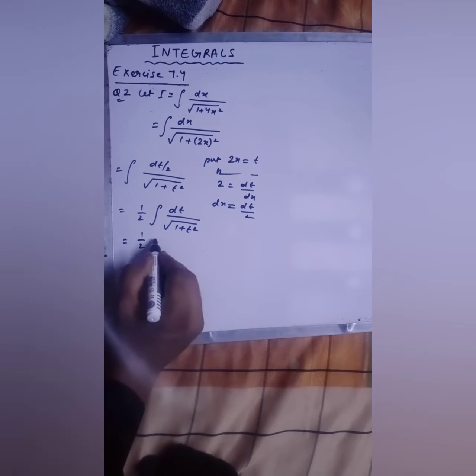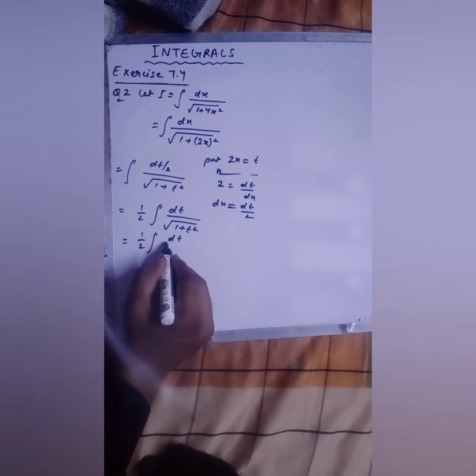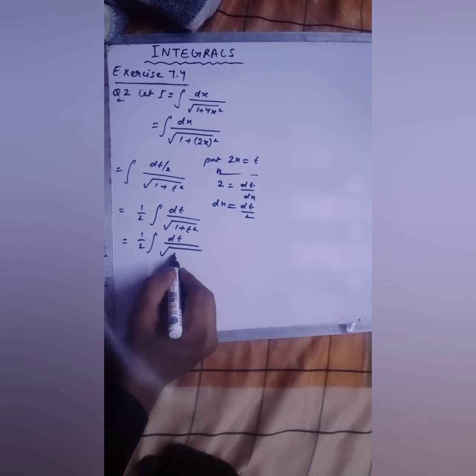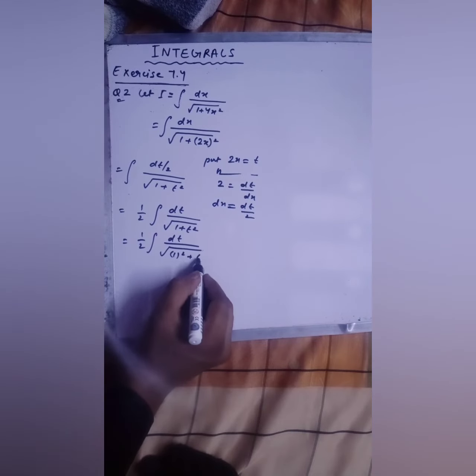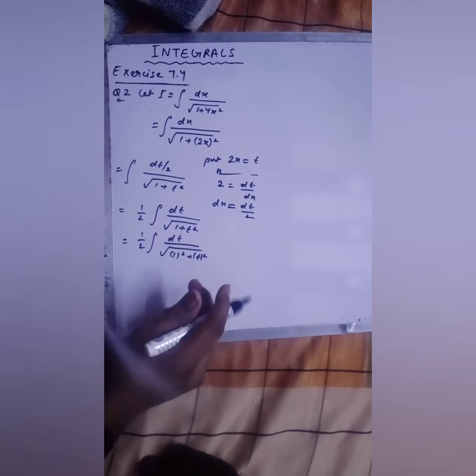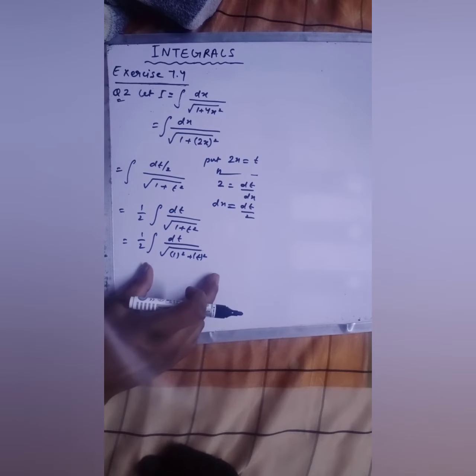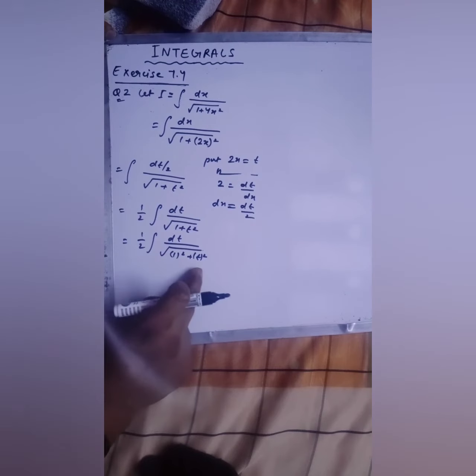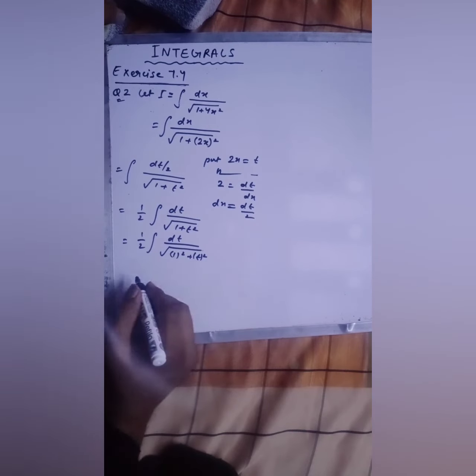You can write it like this, dt over under root 1 square plus t square. This is a formula of under root a square plus x square, and this formula you have to apply here. This is your a square plus x square. So the general formula is